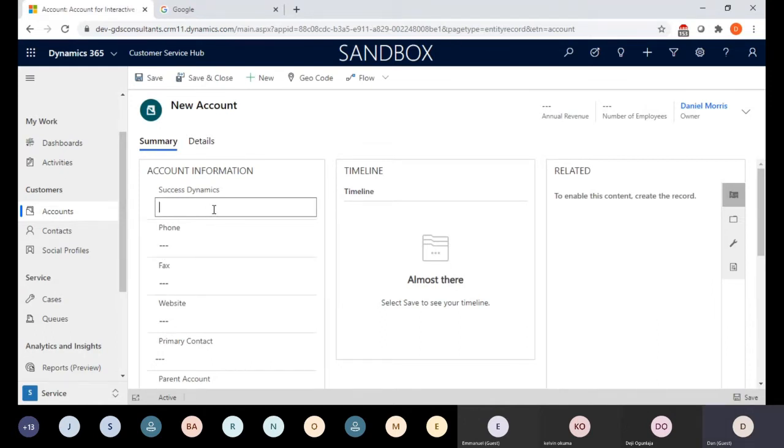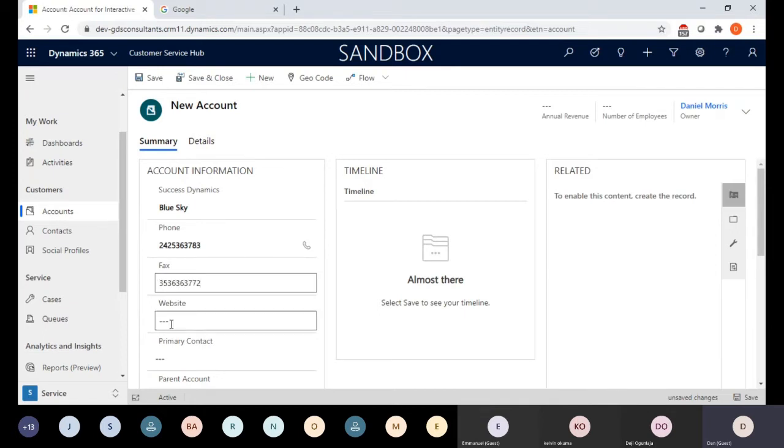I'll create a new account called Blue Sky. Sorry, can't type. Blue Sky. And for the telephone number, I will give it an imaginary telephone number. If the organization has got a fax, you can do that. And then if Blue Sky has got a website, bluesky.com,